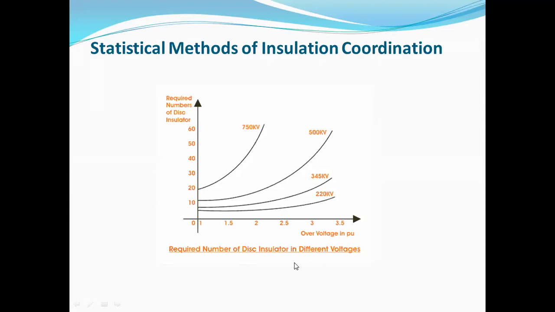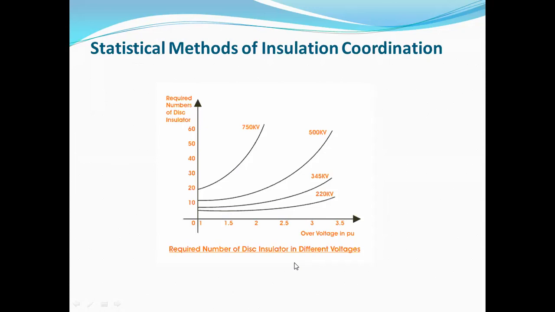For example, if there are 6 discs and one disc is of 11 kV, then the total voltage is 66 kV, right? So in this way, you can find the voltage from that disc only,